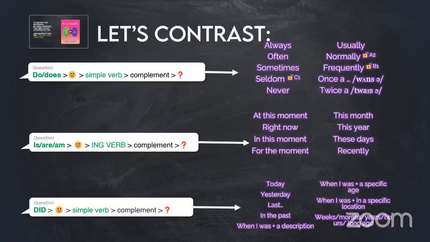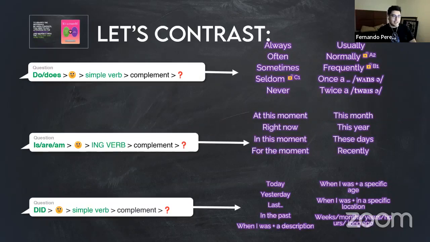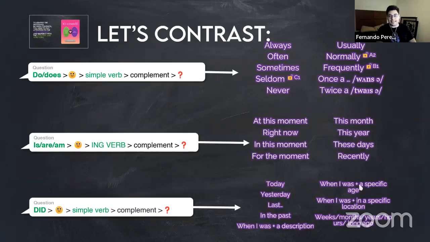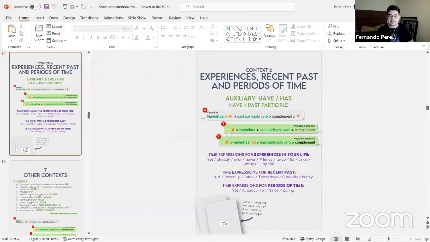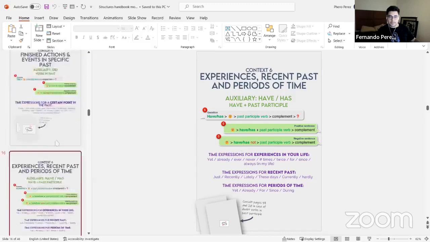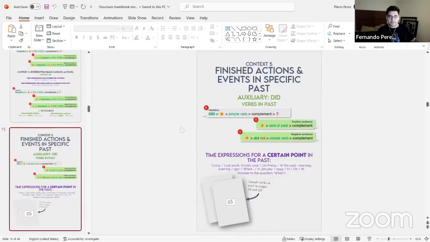Yes, teacher. Right now, I see. Now you see, which is super cool, because then you see, okay, I need to memorize all this information. Yes and no. Fortunately, you have the structure handbook. In the structures handbook, you have all this information separated with time expressions and the corresponding formula. So you will always have your time expression and the corresponding formula.